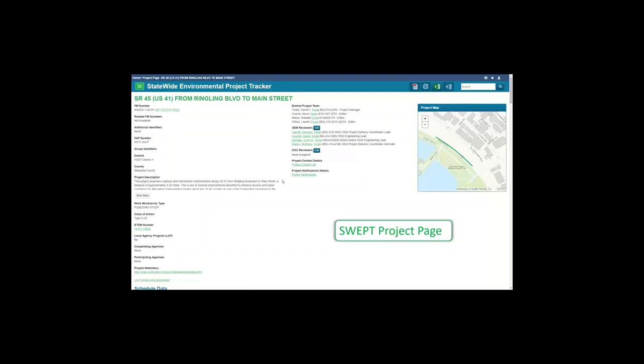When you click on a project and you go to the home page, this is a pretty standard looking home page. You'll notice at the top, the FM, there's links to ISO. There's the TIP-STIP, and there's also to Project Suite Enterprise Edition there as well. You've got some details about that FM. You can see whether or not it has an ETDM number, what the class of action is, if there's a project-specific web page. You've got access to who's the district team managing this, who are the OEM team members that are